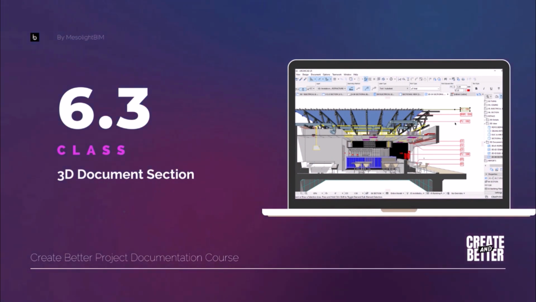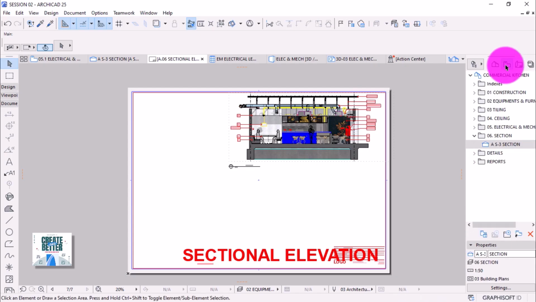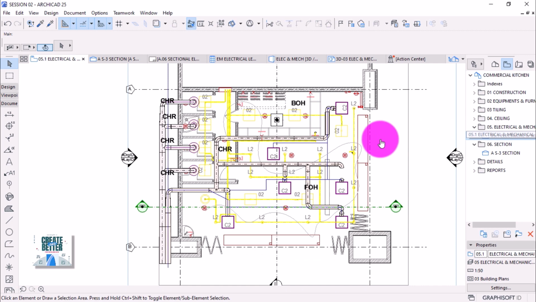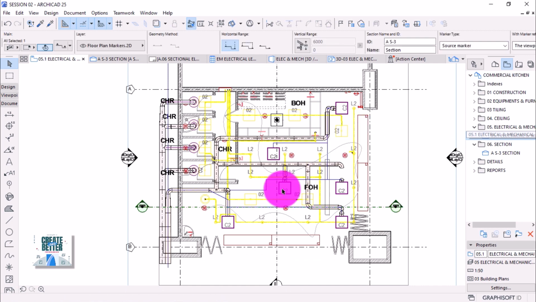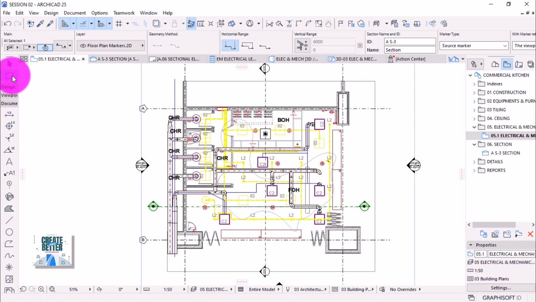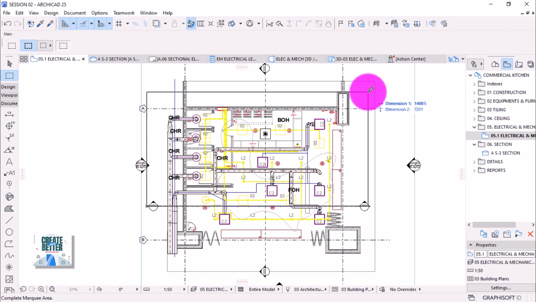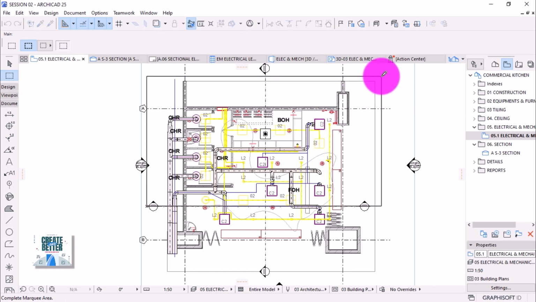In this class, we're going to create a 3D document section, or a 3D section document, and then place it on the same layout we created before. So to do that, let's open the floor plan view, and then we're going to take advantage of the same section marker we placed in the previous class. Go to my Q tool and then let's cut this section, then right click